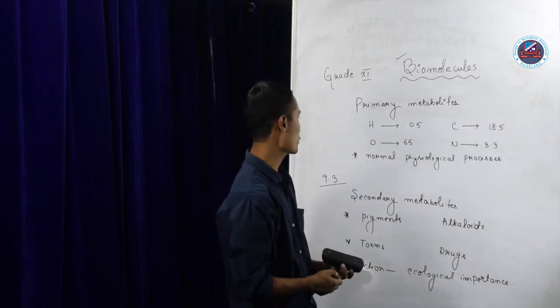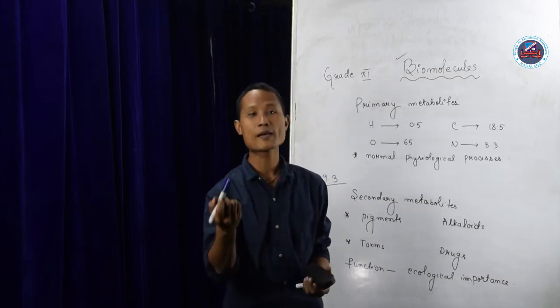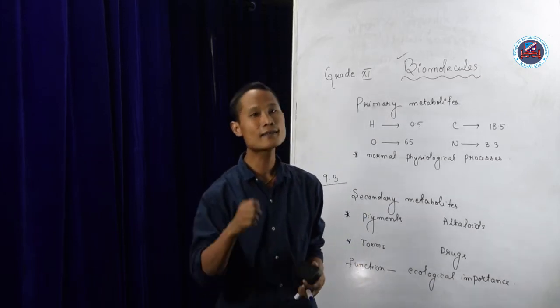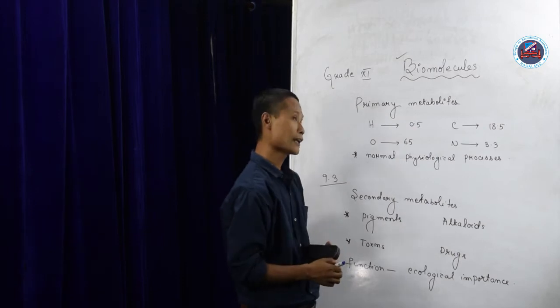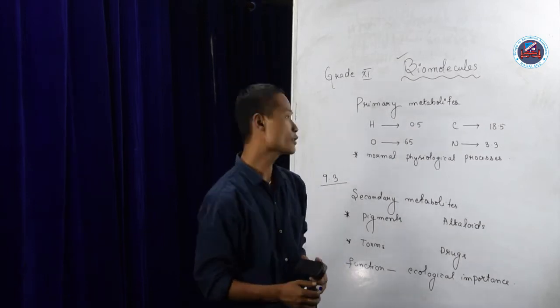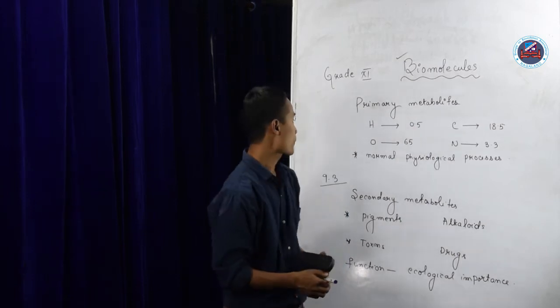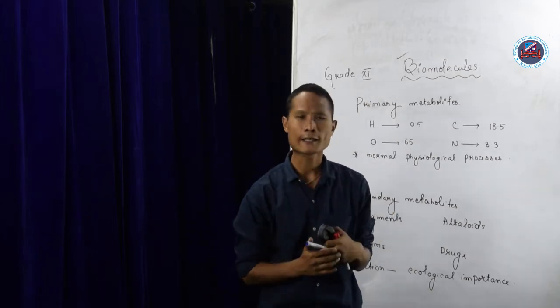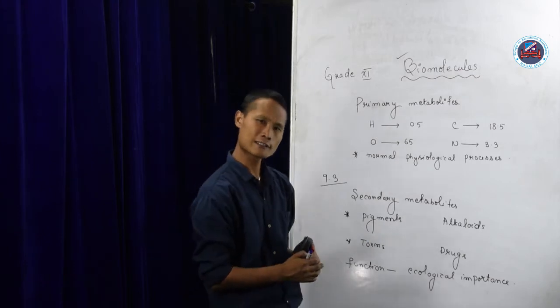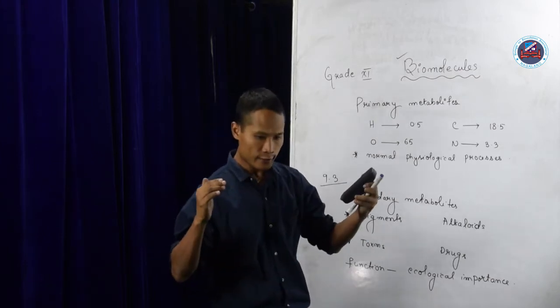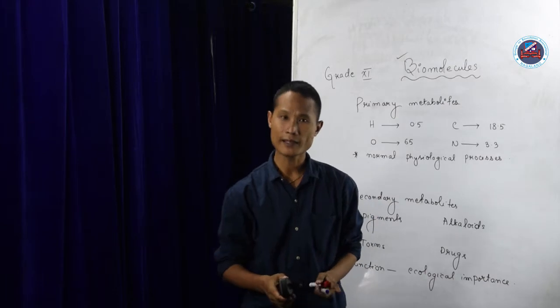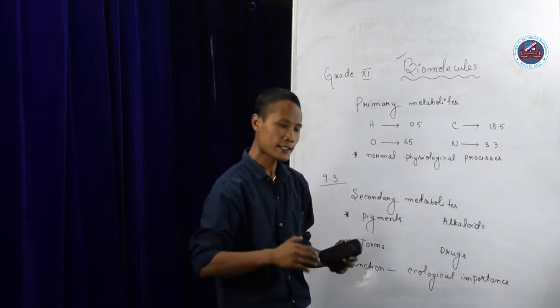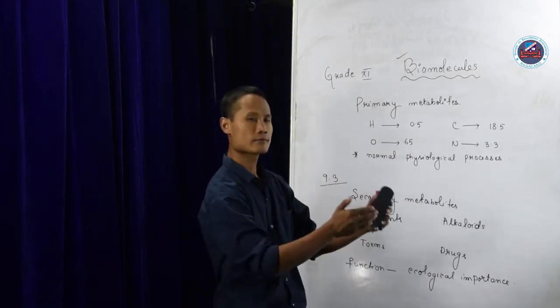Today in this video we're going to discuss the primary metabolites and the secondary metabolites. As I discussed in the previous class, in the first video, the earth crust has some essential elements like carbon, nitrogen, oxygen, right? And if you see the composition of the elements that we find on the earth crust, it is similar to what is listed